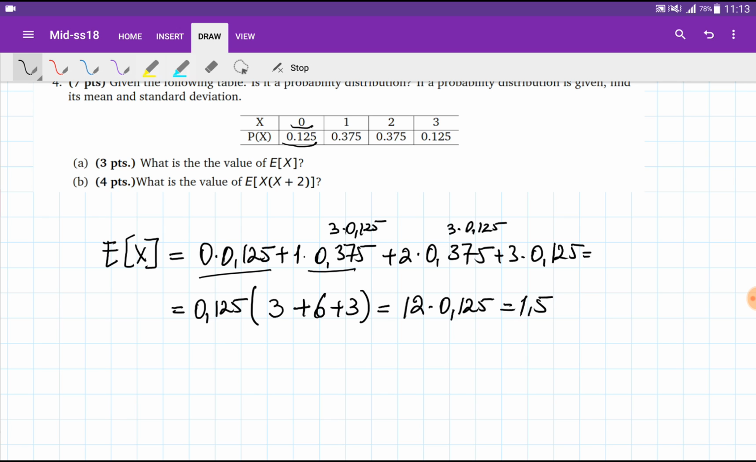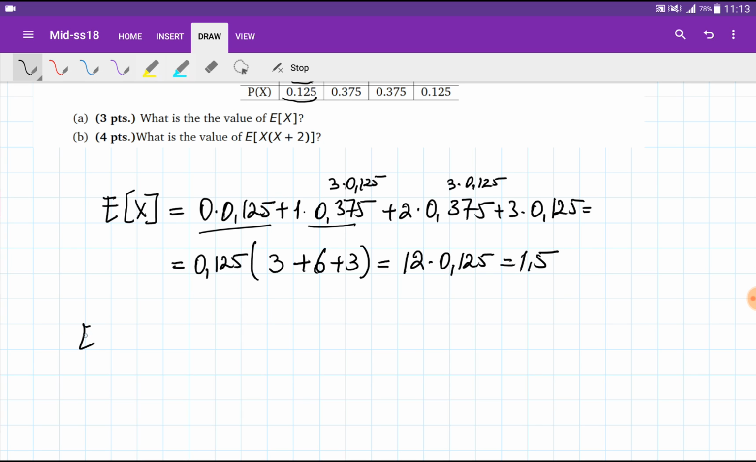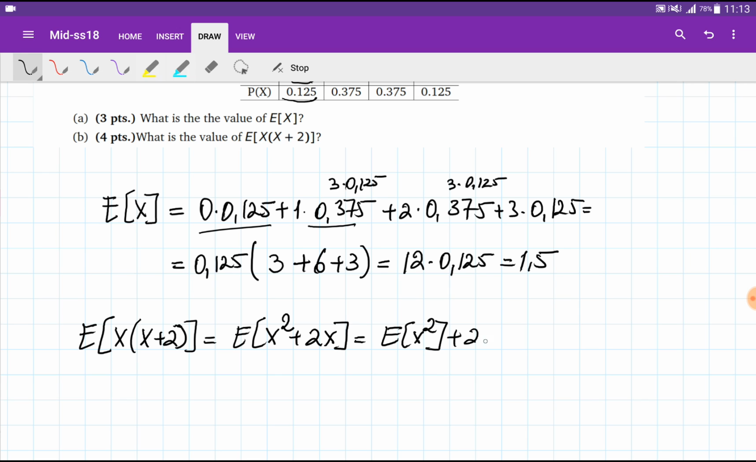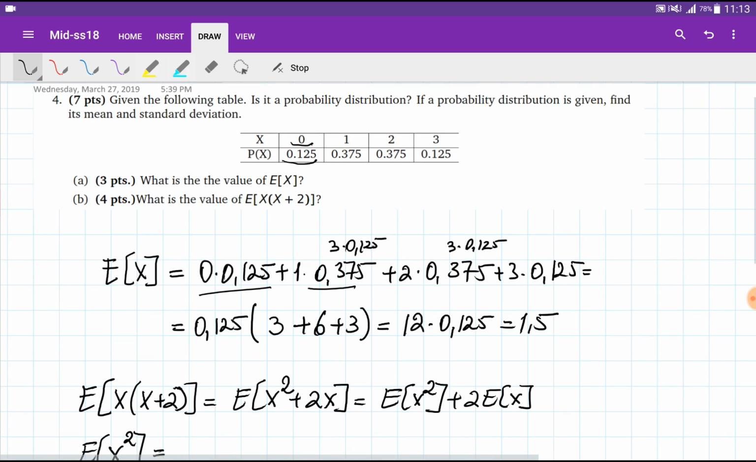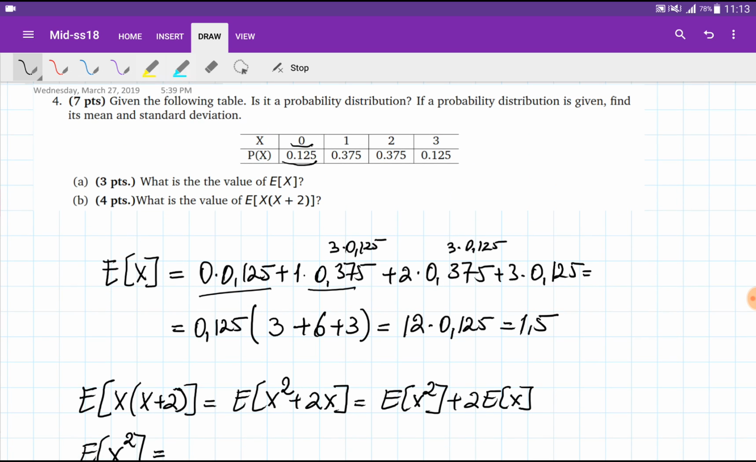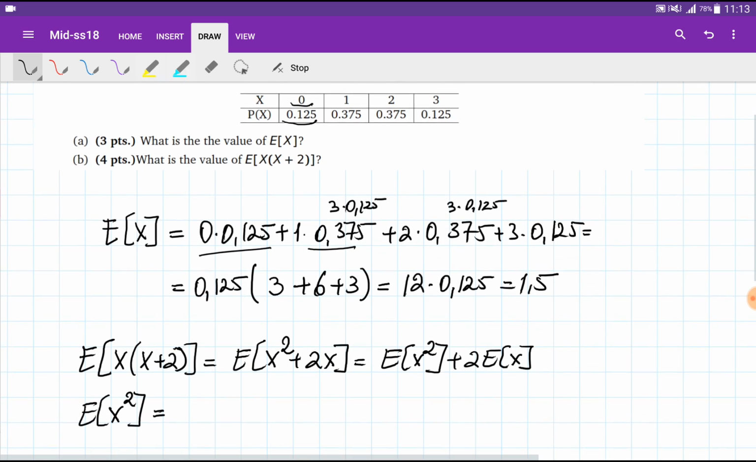which is equal to 1.5. On the next problem, we can calculate the expectation of x plus x squared by opening up the brackets, right? So this will be expectation of x squared plus 2x, or simply the expectation of x squared plus 2 multiplied by the expectation of x. So in order to calculate the expectation of x squared, we will square each of the outputs of x from this table and multiply this